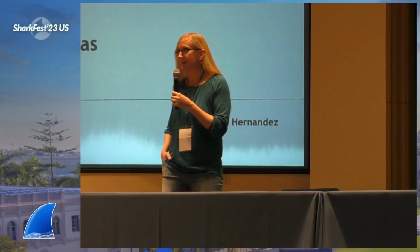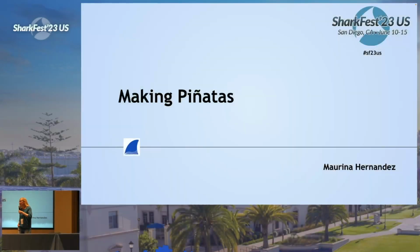And so I said, okay, that's awesome. Like someday when I grow up and have kids, I'm going to get these piñatas for my kids. So fast forward a few years and I'm married and I have my first son and he's about to turn 3